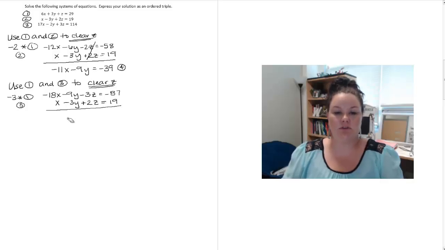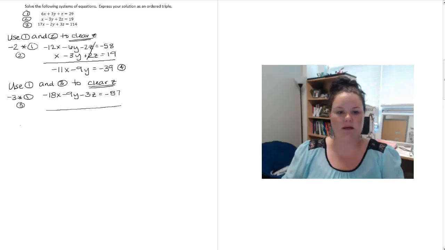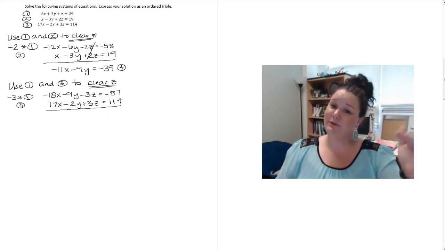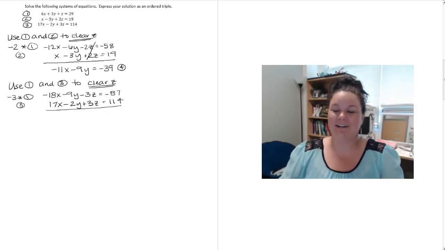Oh, I wrote equation number 2. You don't want to do that. We're writing equation number 3. I'm losing my mind. All right, so equation number 3 is 17x minus 2y plus 3z is equal to 114. Sorry about that. All right, so now that we have our new equation number 1 and our equation number 3,